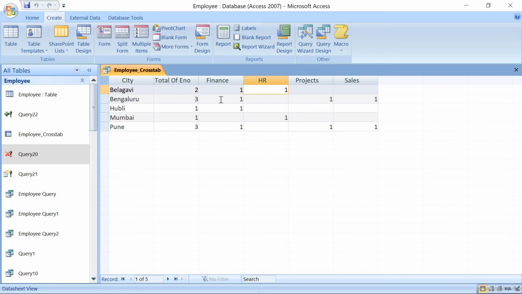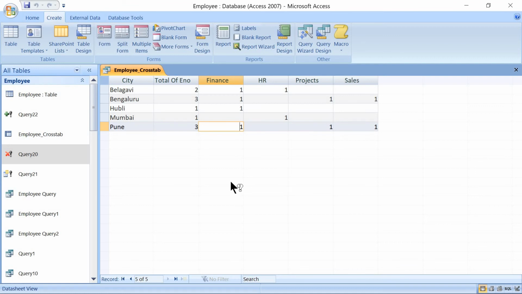When we see for Bengaluru, 1 person in finance, other person in projects, then the last one in sales. Hubli only 1, that person is working in finance. Mumbai 1, he or she is working in HR. 3 from Pune, 1 finance, 1 projects, the other one in sales.